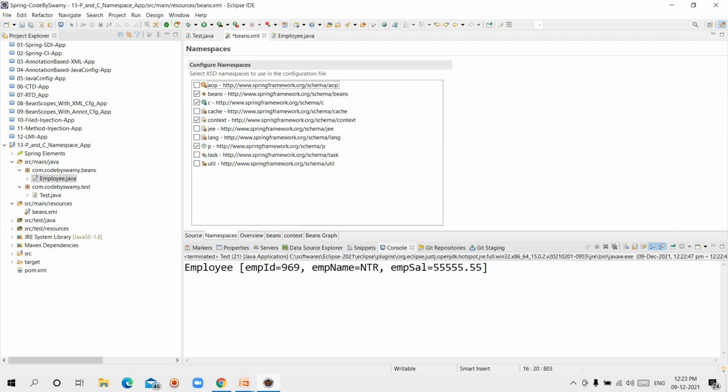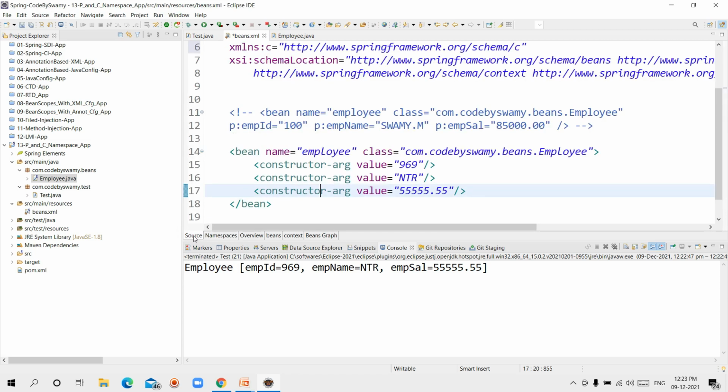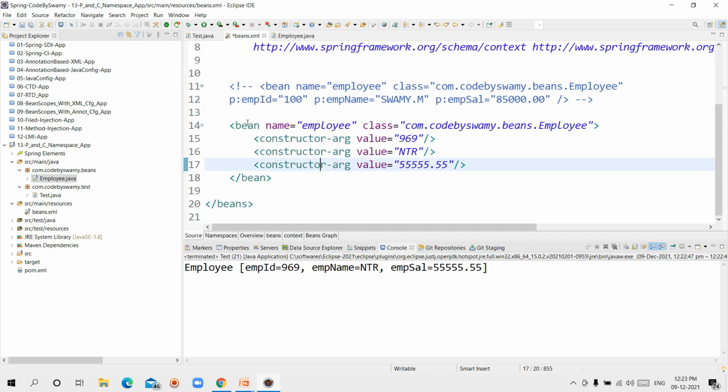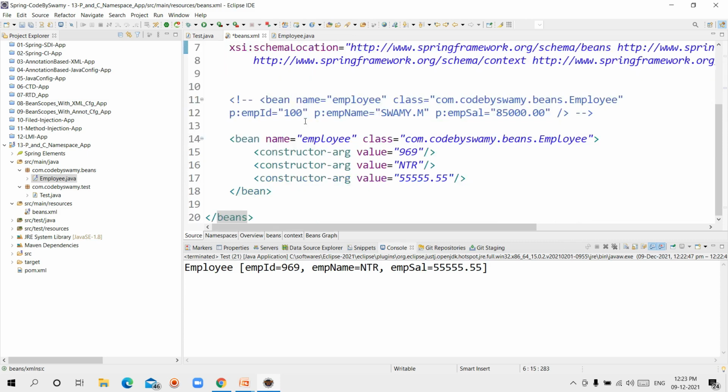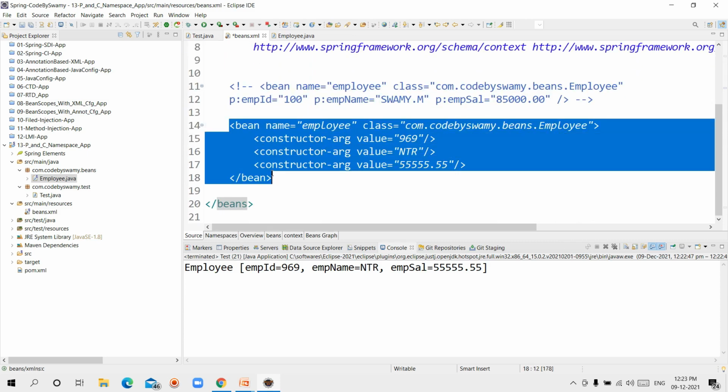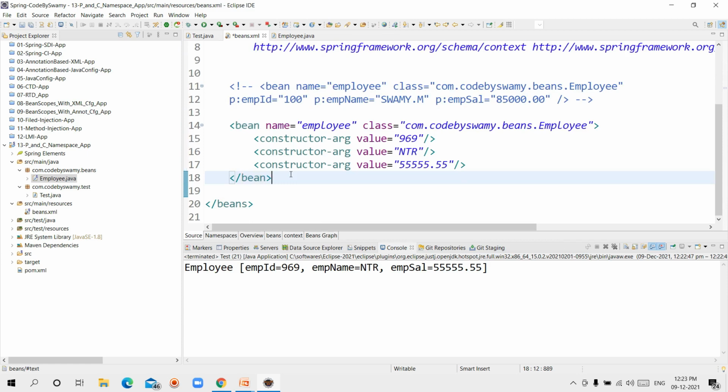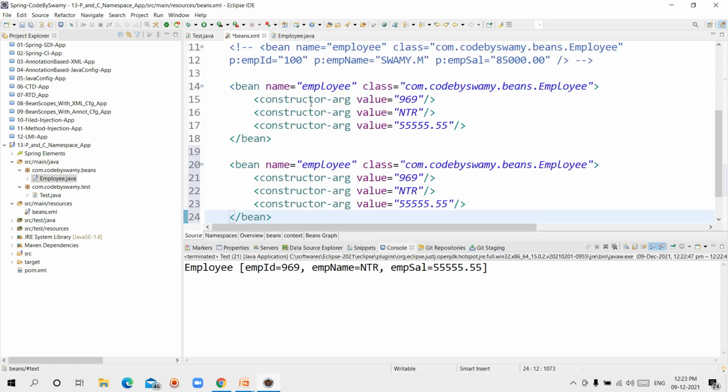Okay. Go back to source. Click on source. Same thing here, you have to confirm whether the c namespace is added or not. Yes, it is added successfully.